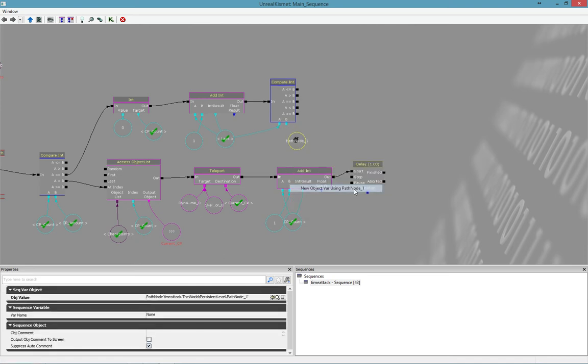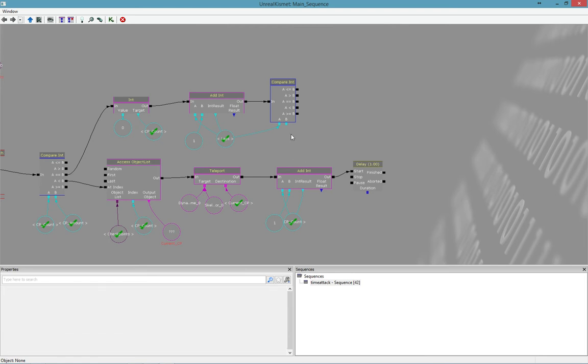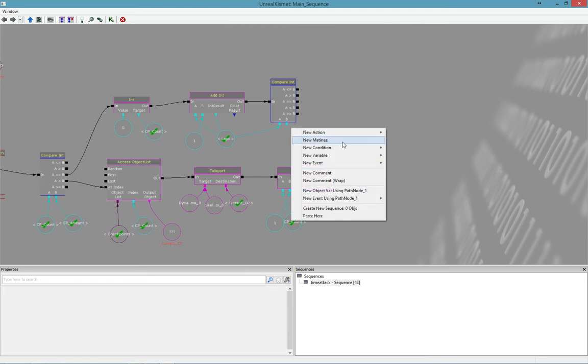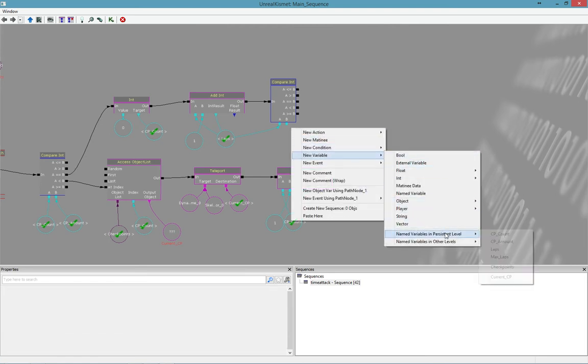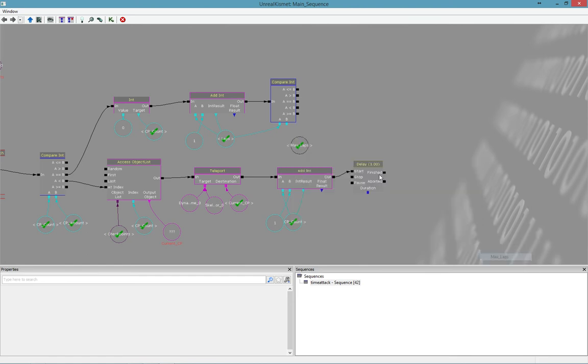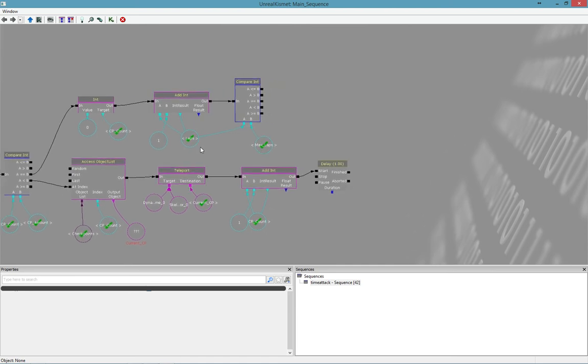So new variable, persistent level max laps. Drag that to there. Then if it is less than the maximum laps, we are going to teleport the checkpoint,